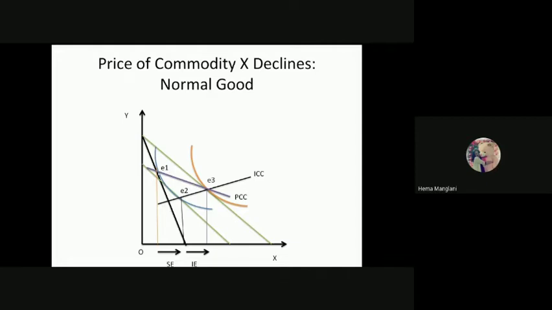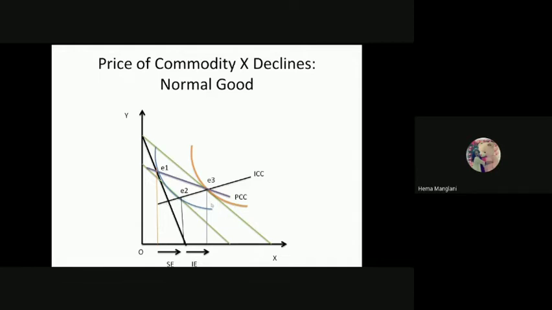Now, basically what is happening, this is the substitution effect. Now, reaching here, the consumer has realized that he can consume more of X. The reason is that his real income is now enhancing, because you need to spend less on the X commodity, as its price is less now, and you can consume more of it. So that's why your real income is enhancing. The consumer's real income effect is E2 to E3.